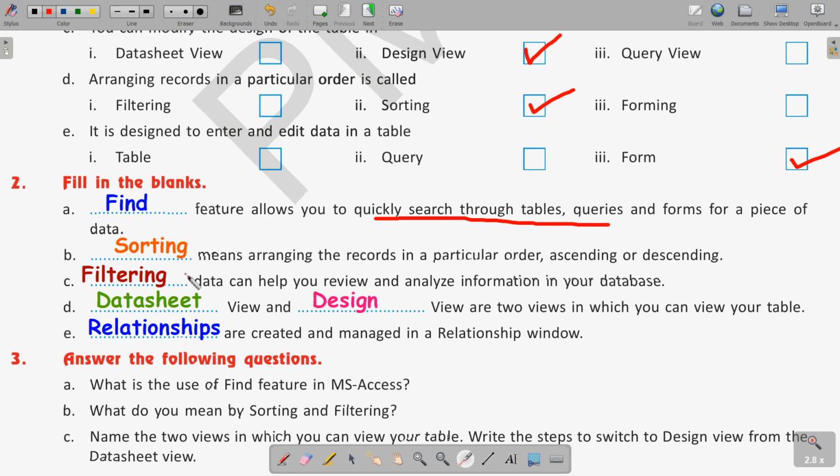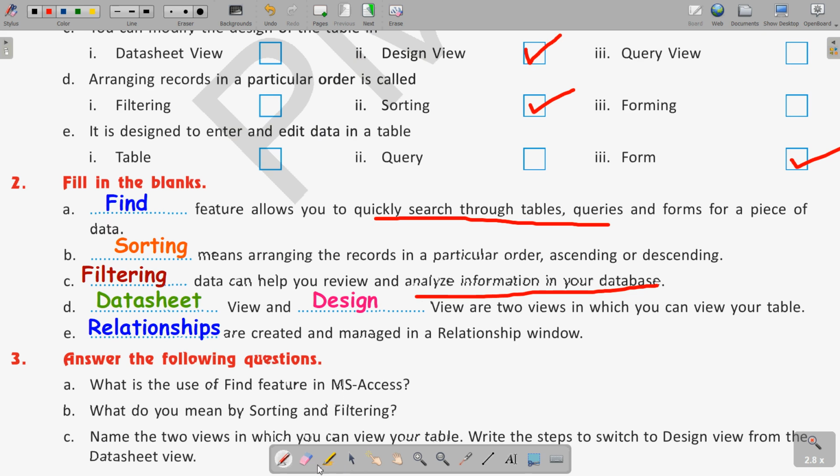Then question number C, blank data can help you review and analyze information in your database. As we have seen, if you want to review or analyze, we use filtering. Clear? So the answer of this is filtering.